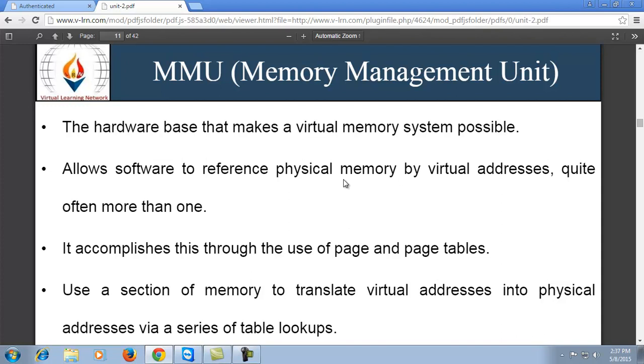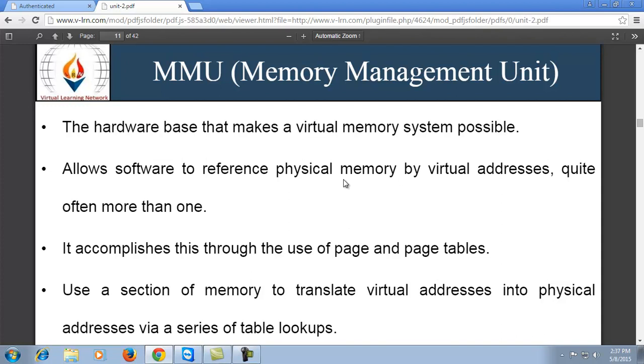It accomplishes this through the use of pages and page tables. Page tables have some reference in the index, or you can say in the offset, about which page contains which memory location and what kind of data. All that information is stored in the table inside the system, which is the offset table for the pages.